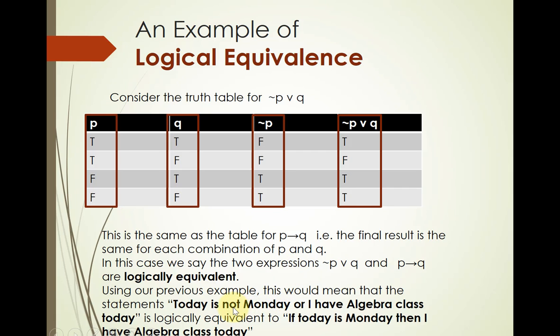So in our previous example, we had this: if today is Monday, then I have an algebra class today. That can be replaced by, or it's logically equivalent to, today is not Monday, or I have an algebra class today. So you can think about that and make sure it makes sense in your own mind,